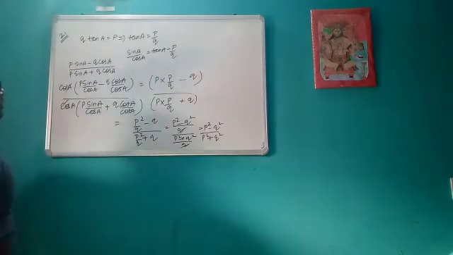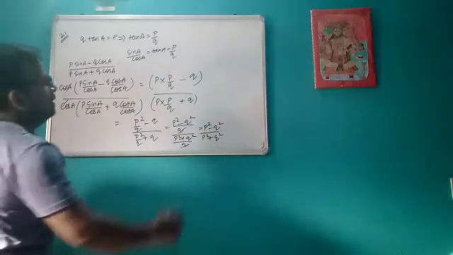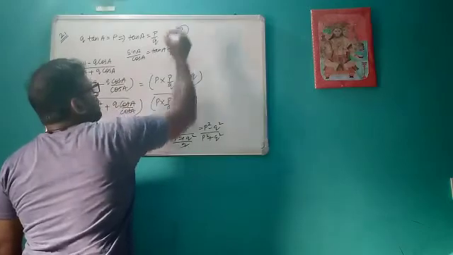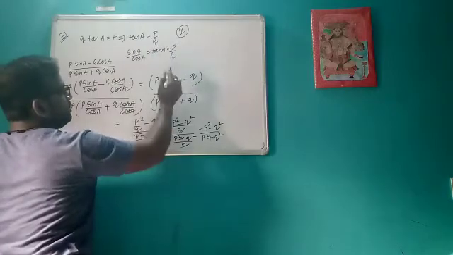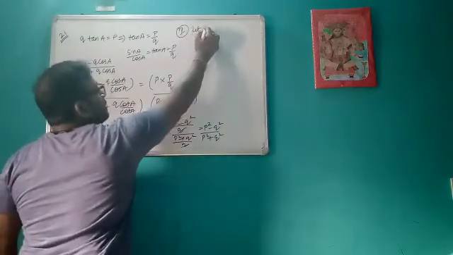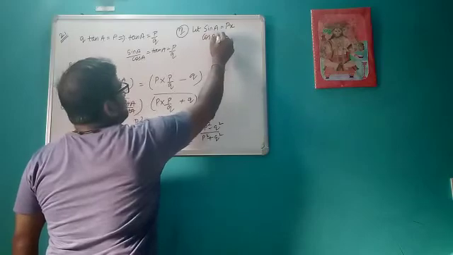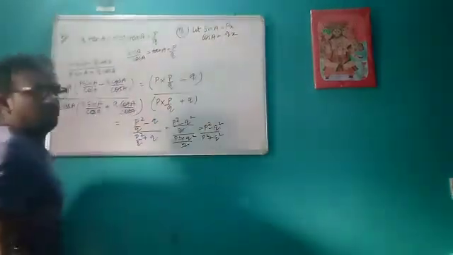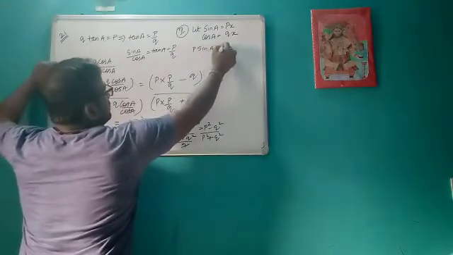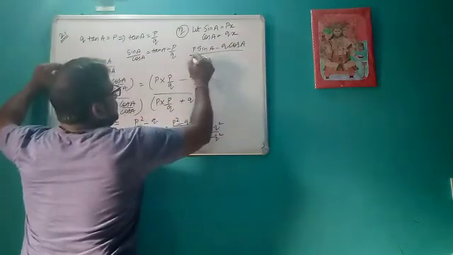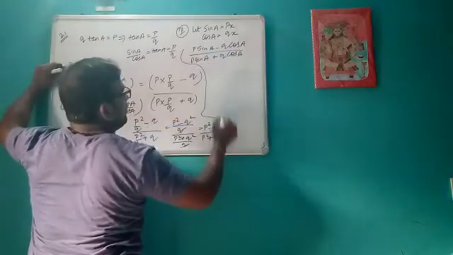Then suppose you want to solve it in terms of the ratio. Okay, we can use the second method. So what we know is sin A upon cos A is equal to P upon Q. So we will write let sin A equal to P into X and cos A equal to Q into X. Ratio method we can use. So you simply put the values here, in P sin A minus Q cos A upon P sin A plus Q cos A. Okay. You can simply put the values.